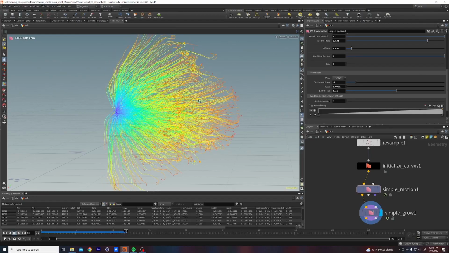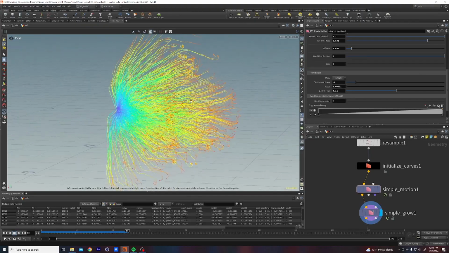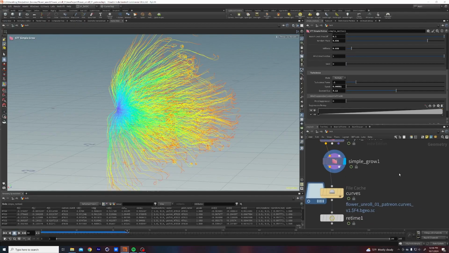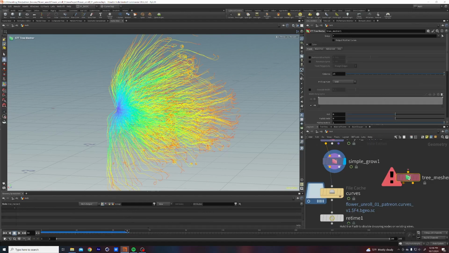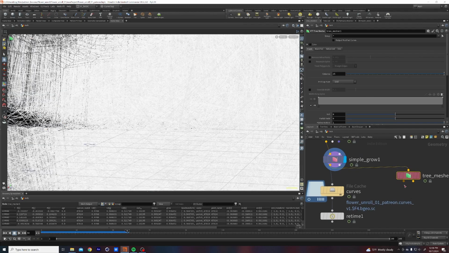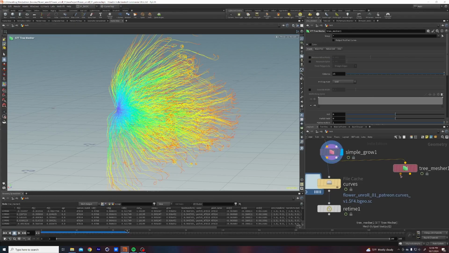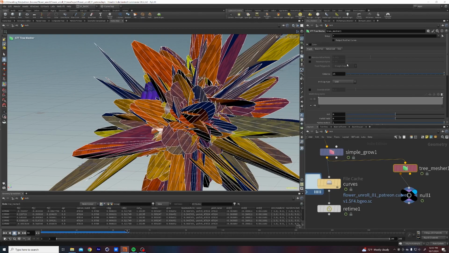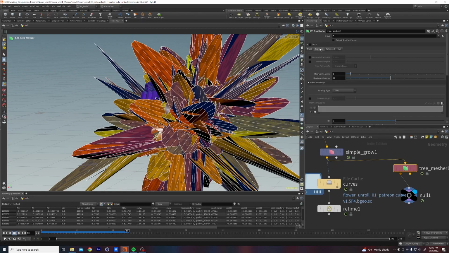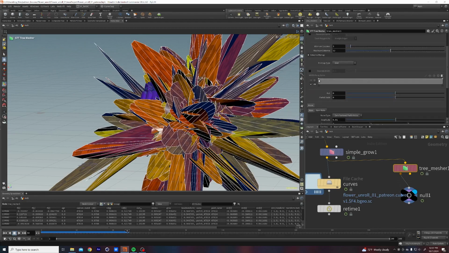So that's pretty cool. And honestly, instead of copying stuff to it, you could just put down a tree mesher, plug this in, and it'll mesh it for you. So let's do a null here so we can see it. This is obviously all messed up, but let's do branches, I think we want, and we want this to be